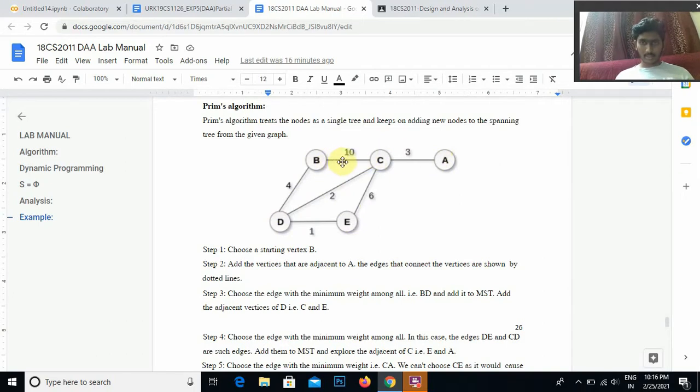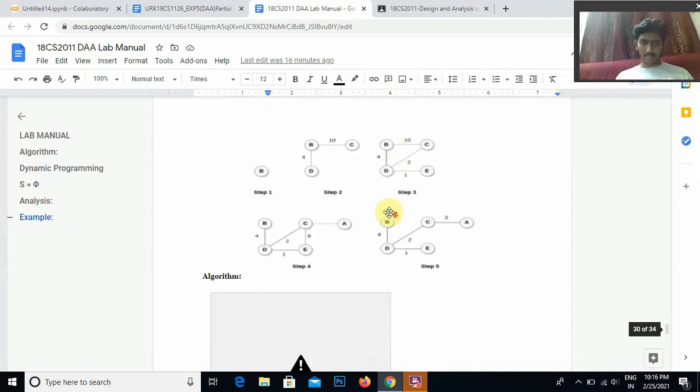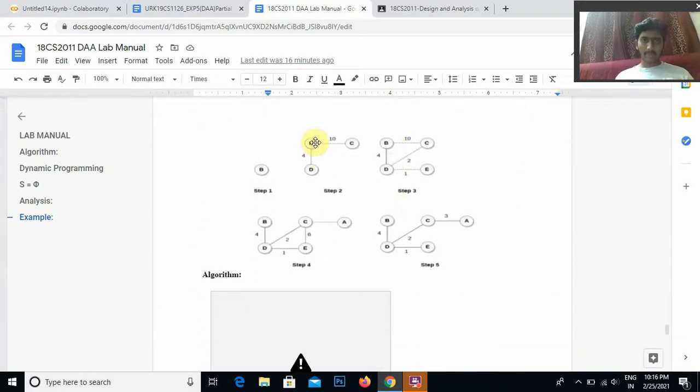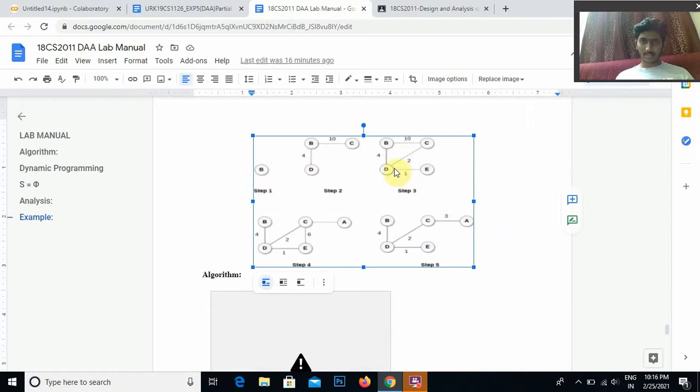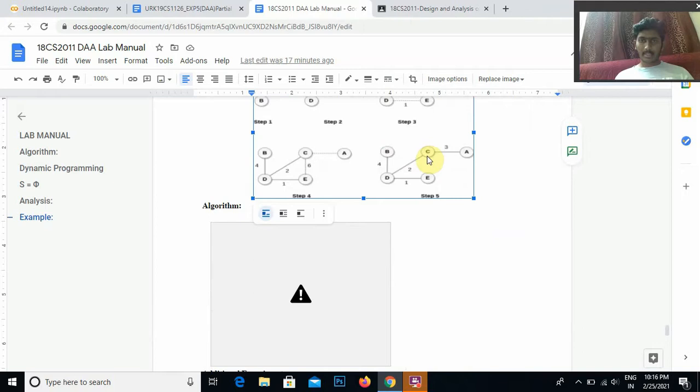So this edge is removed now from the graph. This edge is removed, so it will make my tree a minimum spanning tree. You can check the steps here. First, take a starting vertex, check the minimum of the adjacent vertices, and keep on moving, marking the visited vertices as true, and then go for the next one. Check its adjacent vertices. Take the minimum from them. That way you can make a minimum spanning tree.